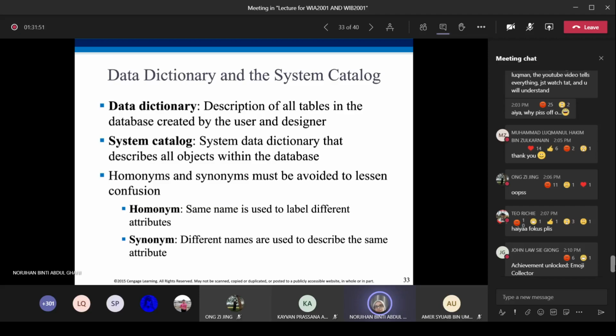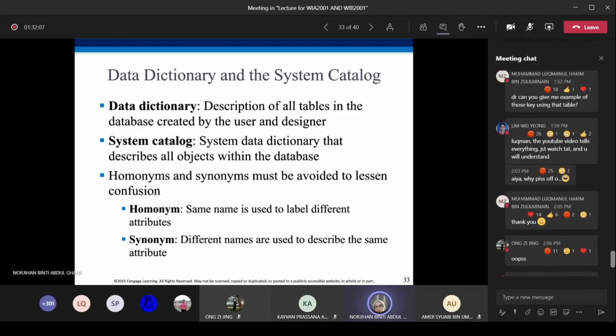But we cannot put two attributes with the same name. We cannot use student name for student last name and student name for student first name.